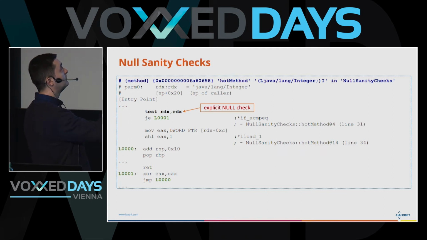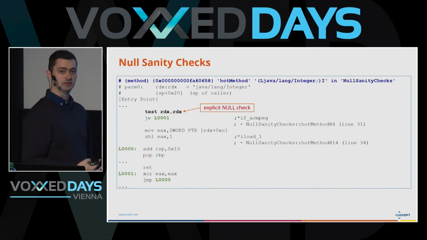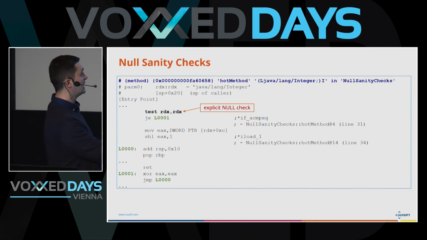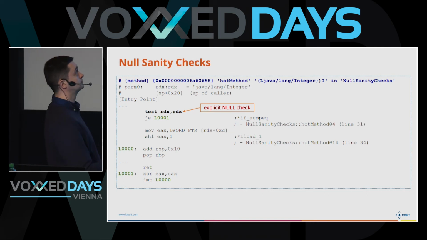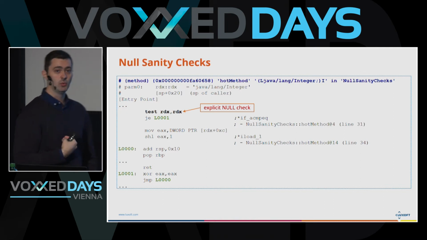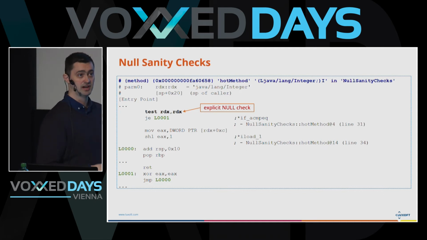If it is null, there is a jump in here to the L001 label, and in here it's a XOR between the same register, which means return 0 basically. And we have a jump to another label, which is the return of our method. But if it is not null,